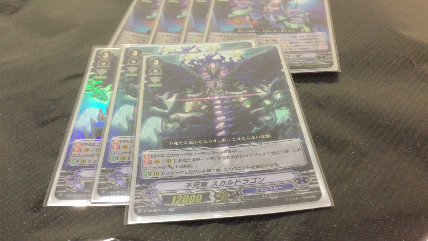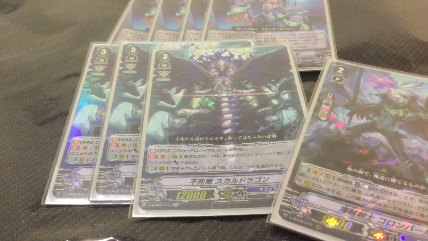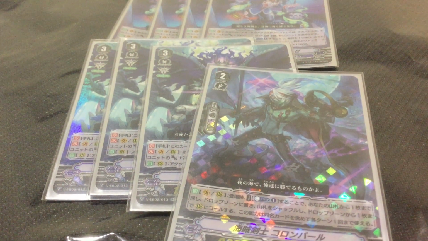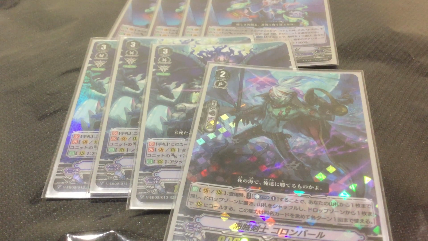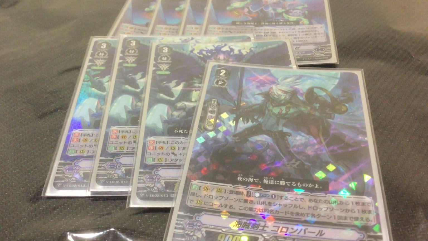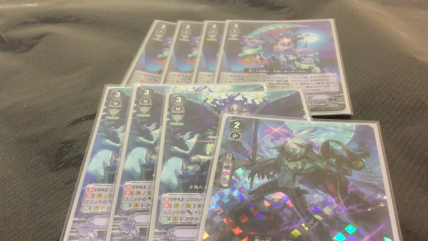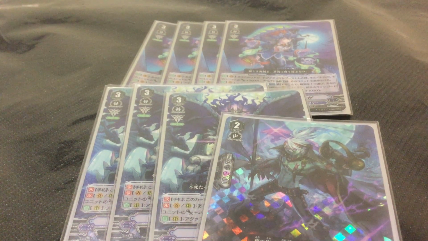And you may say, hey, what about Column Bard? Doesn't Column Bard help you fetch it? Column Bard can only selectively mill 1 copy per turn. So if you are using Column Bard on Skull Dragon, then all your other pieces will just have to... Oops, damn, I knew that's gonna happen. All your other pieces will just have to magically come to you, which is not something I'm quite a fan